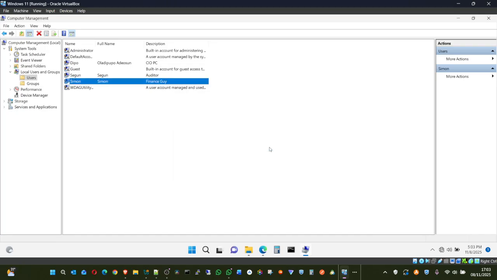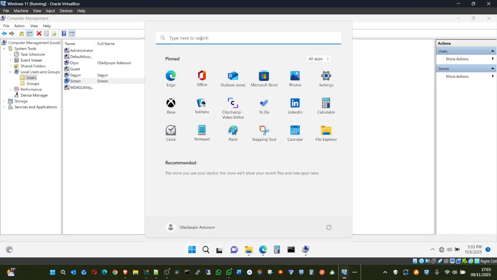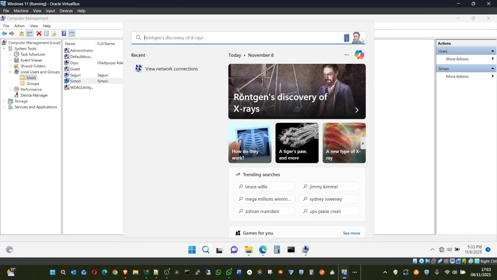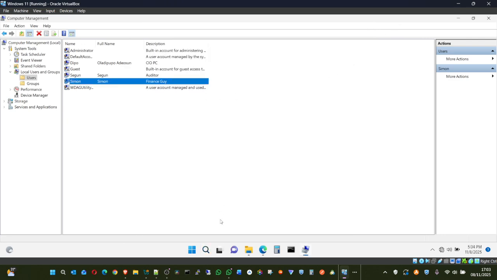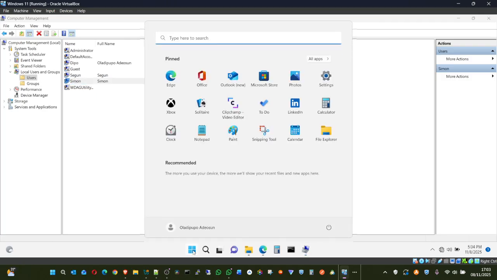So you can quickly change your local password instead of going to control panel, all of that. This is for advanced users anyway. I've done that. Now let's switch users because we want Simon to have access. You can see Shegun and Simon is also here. But this is Dipo's account and I can say sign out. But let me also sign into Shegun without losing anything that was open right here. Everything that I opened right here will still be here, but I want to switch user to Simon and let's jump into it.